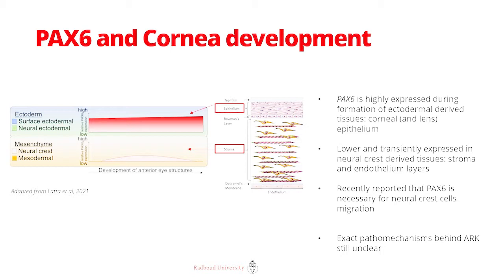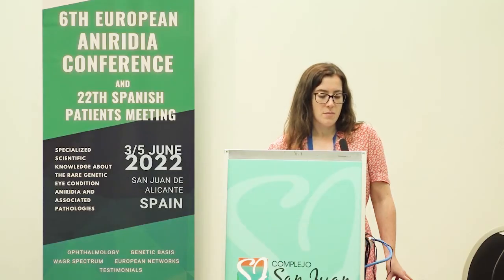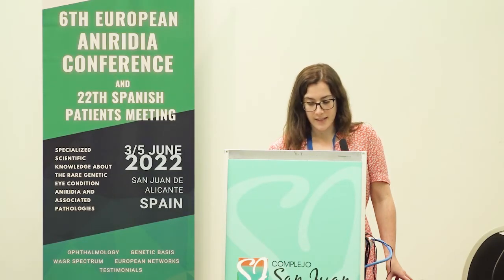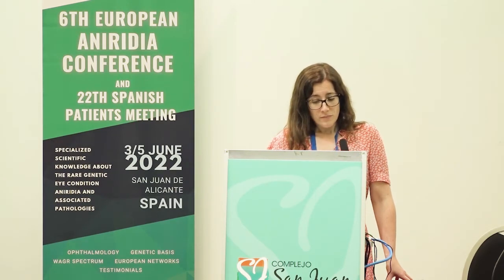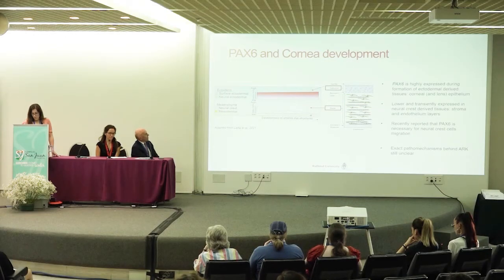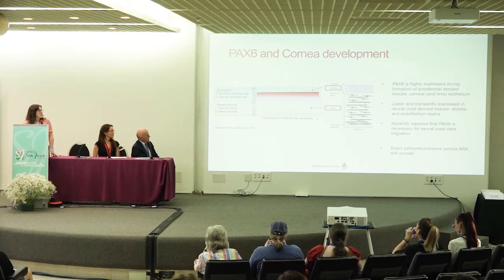And the epithelial layer is derived from the ectoderm, the surface ectoderm to be more exact, and we know in these tissues, PAX6 expression tends to be high and quite constant, while the stroma and the endothelium are derived from the mesenchyme and the neural crest, and in these tissues, PAX6 expression is lower and transiently expressed. And although it was widely accepted that limbal stem cell deficiency affects primarily the epithelium,